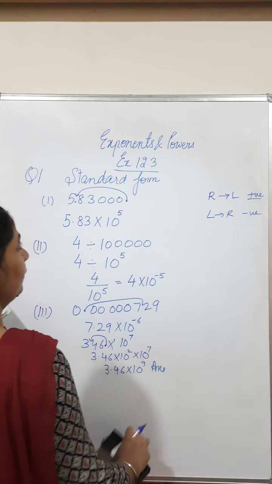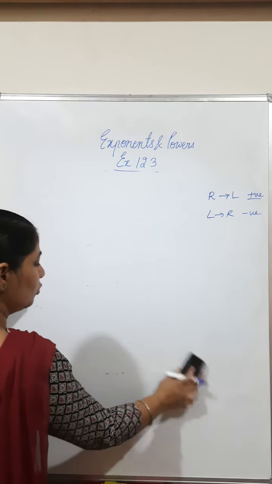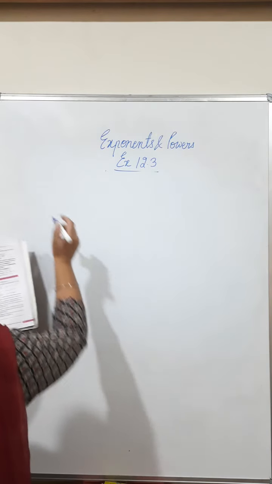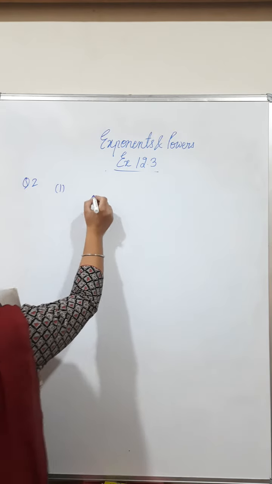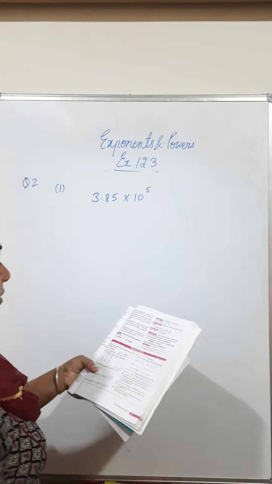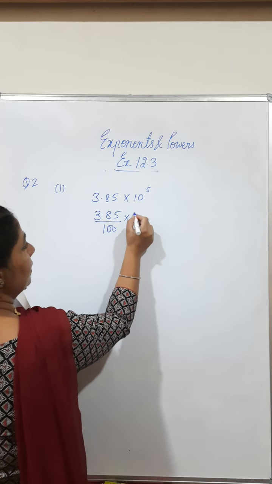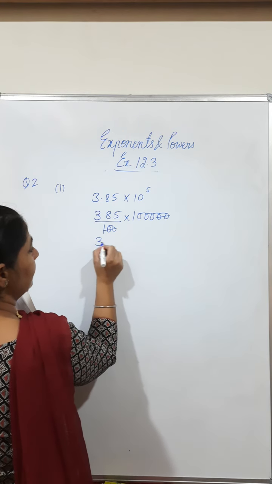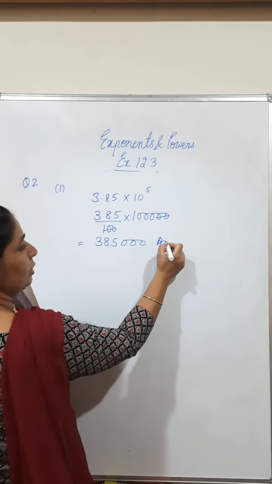Now similarly beta, we will be doing the reciprocal of this question where we will be doing it in the usual form. So in the usual form, we will be doing the opposite of what we were doing here. So in the usual form beta, I will be taking up only 2 parts now. Say first is 3.85 into 10 raised to power 5. Clear? Now 3.85 means it is 385 over 100 and 10 raised to power 5 means we have got 5 zeros here. Out of these 2 zeros will get cancelled and we will put 3 zeros after 385. So this is the answer in usual form.